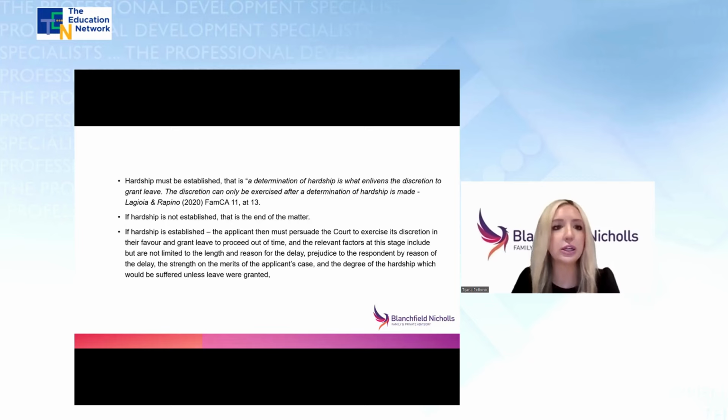The full court in Sharp held that it is apparent that an assessment of hardship requires the court to consider whether the applicant would suffer a substantial detriment as a consequence of the loss of the right to institute the proceedings, although that detriment in the circumstances of the particular matter may not be entirely related to financial considerations. And in their Honours' opinion, it is not possible nor desirable to define exclusively what will, in all the circumstances of a particular application, constitute hardship for the purposes of section 44, subsection 4A.